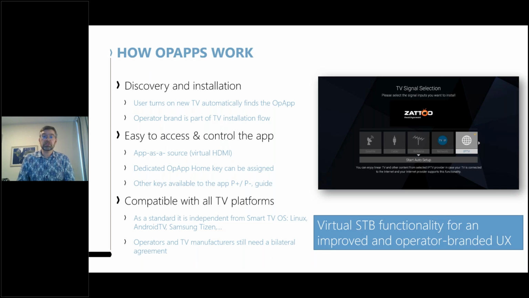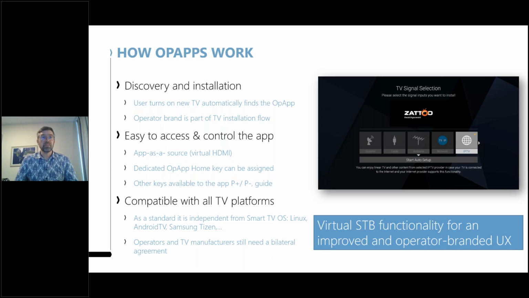So when a consumer buys a new TV set and turns it on, the TV is automatically able to find the operator app and make the operator brand part of the installation flow. So when the application is installed, consumers can then easily access the app and easily navigate content in